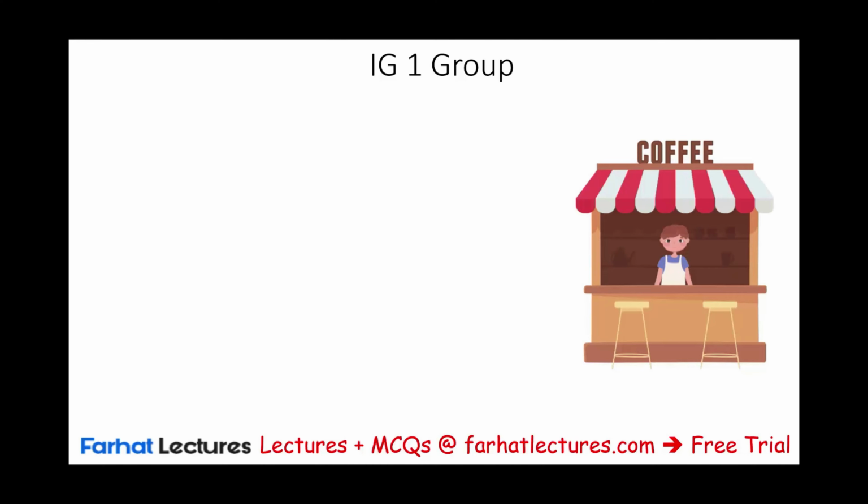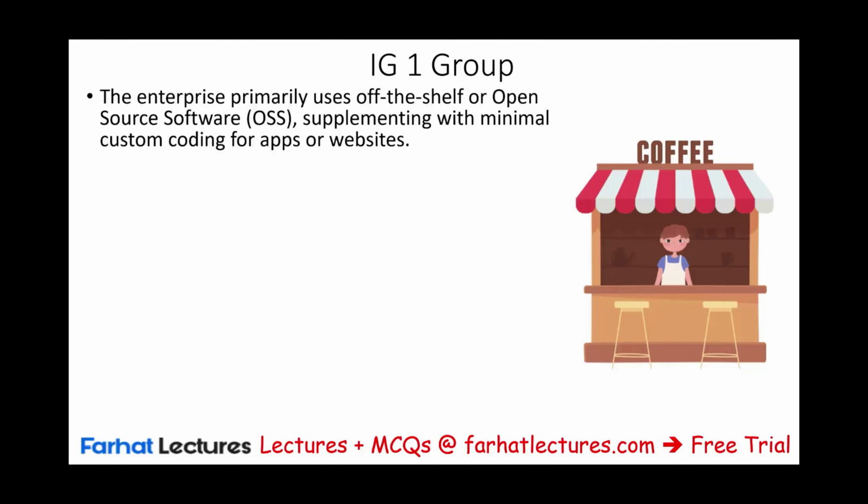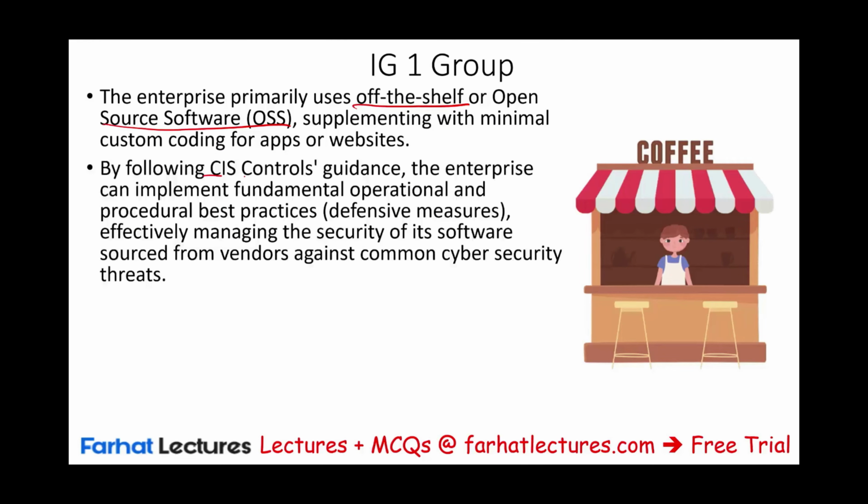This control usually doesn't belong to the IG1 group because the enterprises in this group usually use off-the-shelf or open source software. They might supplement it with minor custom coding for apps or a website. If you are in the IG1 group, you should follow CIS control guidance because you're taking the software as is. So there's not much you can do. Make sure to follow the CIS best practices as a defense measure to effectively defend the software from